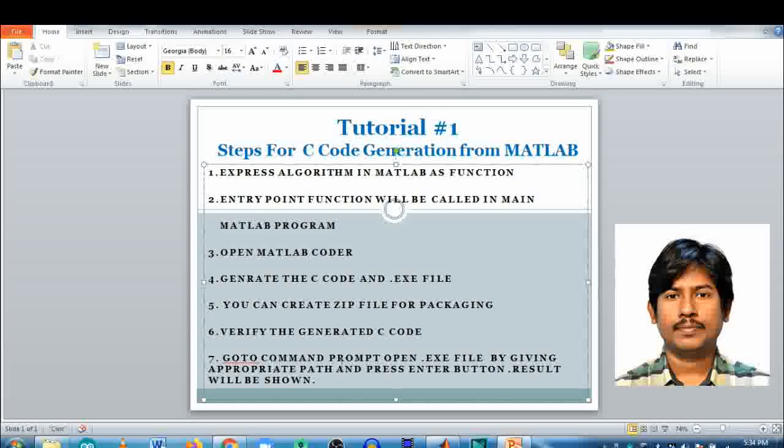For verification, we go to the command prompt, open the .exe file by giving the appropriate path, and press enter to see the result. If this result is exactly the same as the MATLAB output, we can say the generated code is okay and working properly.